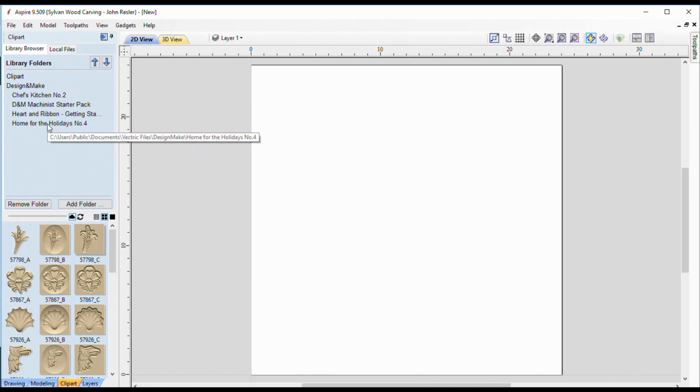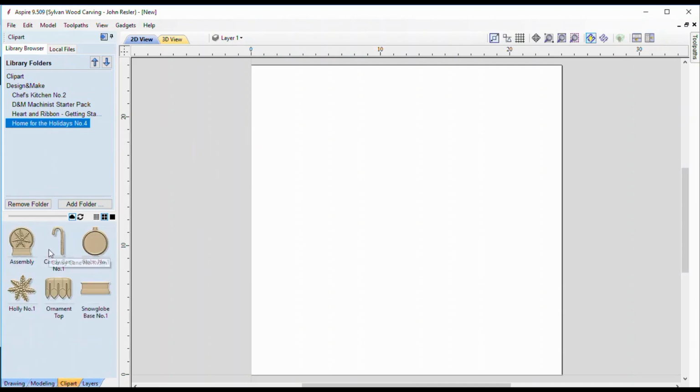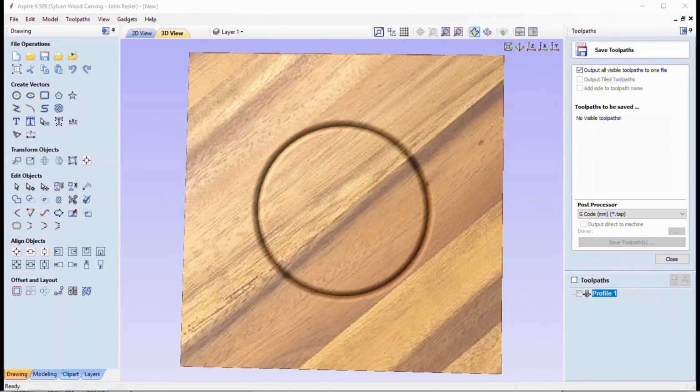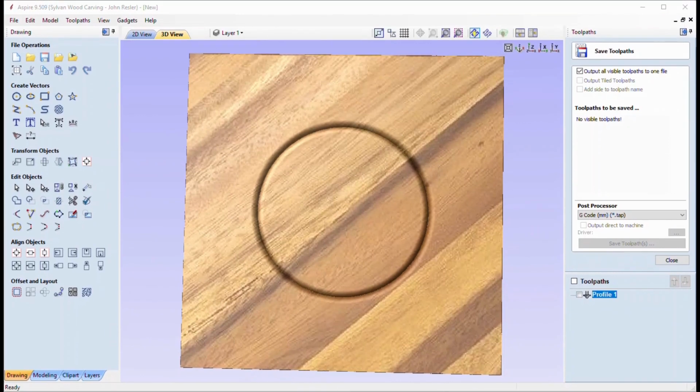So let's go. Ooh, there's Home for the Holidays. Great. So we didn't have to do anything. It's all set up for us. So if we want to add in any of the models that were free, free is good. Okay, so that's pretty cool. So let's step on to our next easy task for customization.